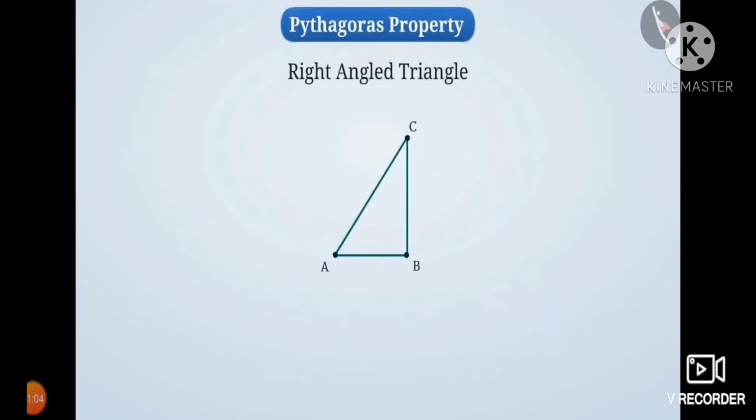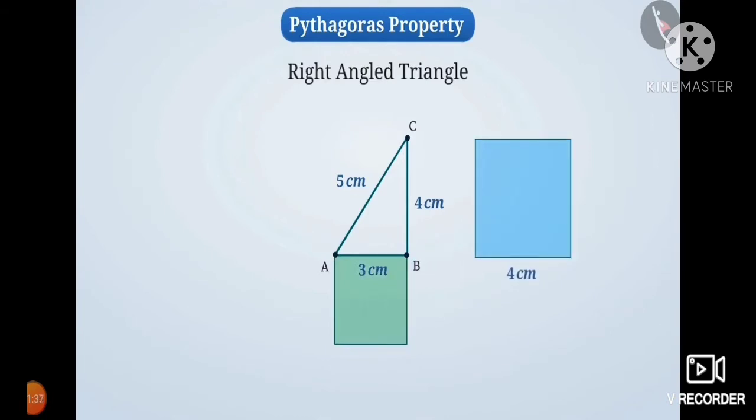He says that, in this right angled triangle, side AC is 5 centimeter, AB is 3 centimeter and BC is 4 centimeter. So draw a right angled triangle, probably on a square sheet. Construct squares on its sides. Compute the area of these squares and verify the theorem practically.